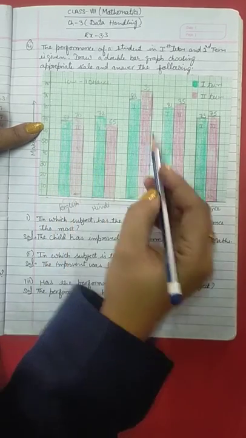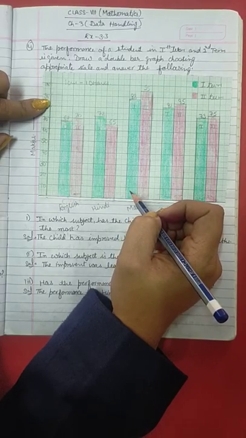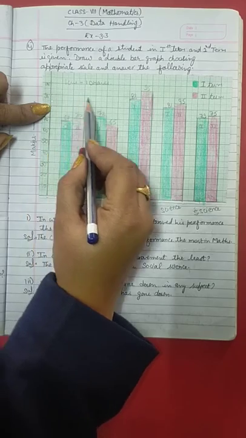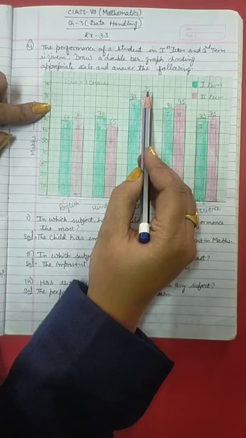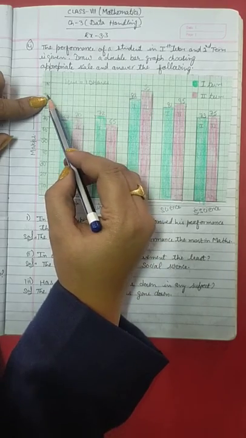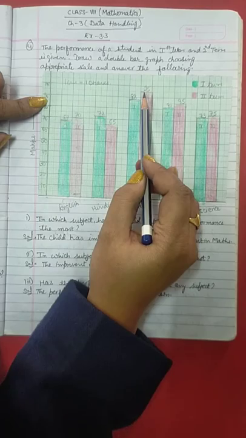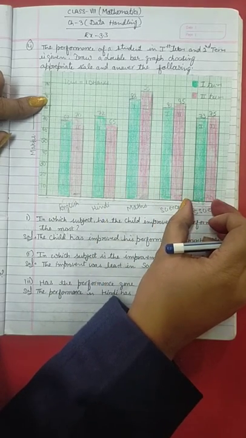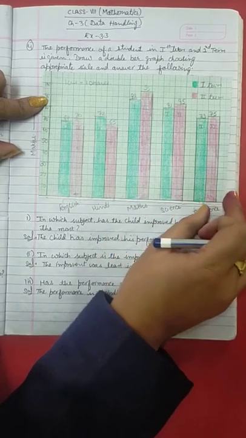In this way you can represent maths here, 88, which is more than 85. After 85, we take 86, 87, 88. So this line will be 88. Then next one is 95 in second term in maths. So 95 is between 90 and 100, the middle of this interval is 95. Then same here we represent science and social science. After describing this on the bar, this is representing a double bar graph.